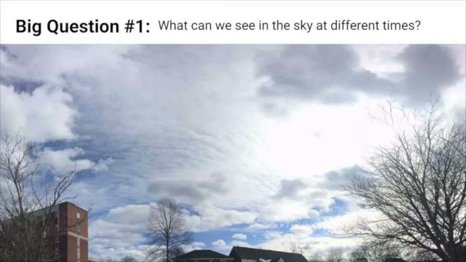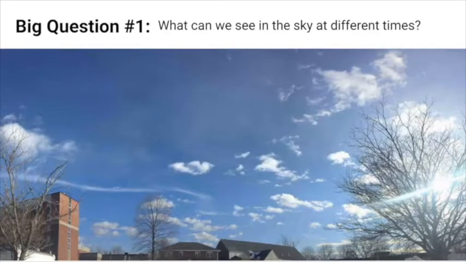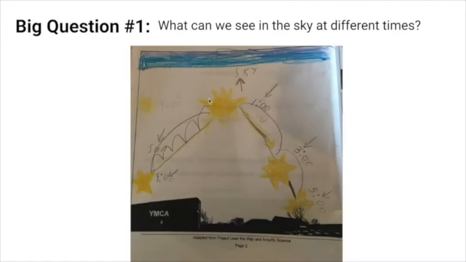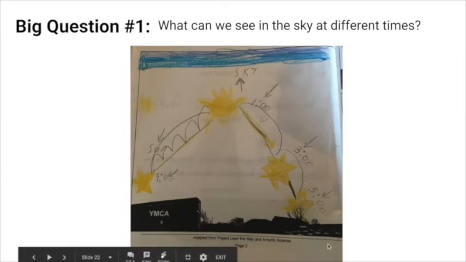Around the middle of the day, early afternoon, and then late afternoon. And I had students actually draw observations in their notebooks based upon the pictures, and eventually figure out that the sun actually moves in an arc across the sky. You'll note that in the investigation notebook, I've got a photo of the buildings from the vantage point of where